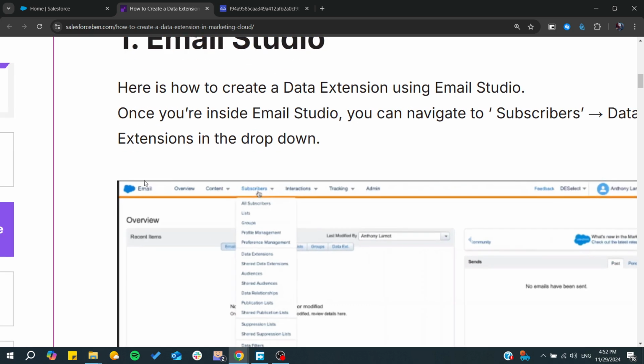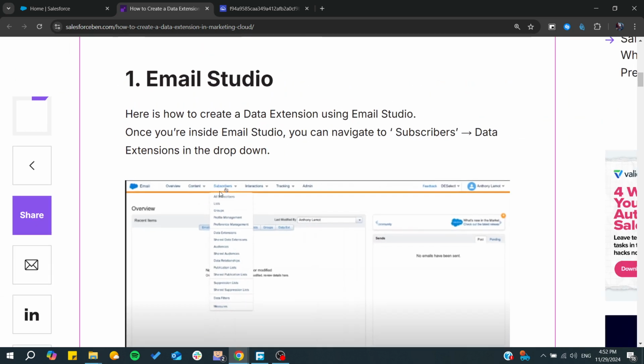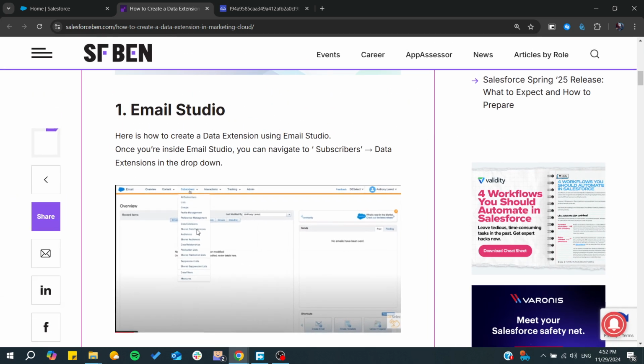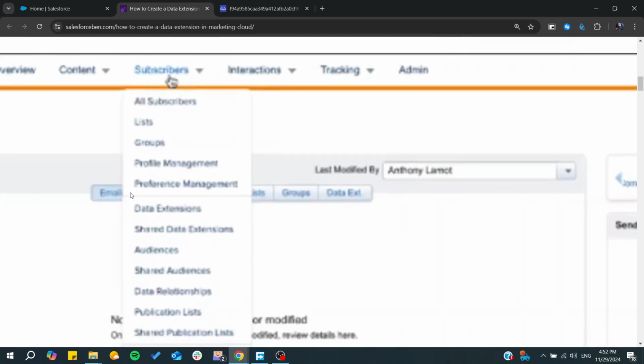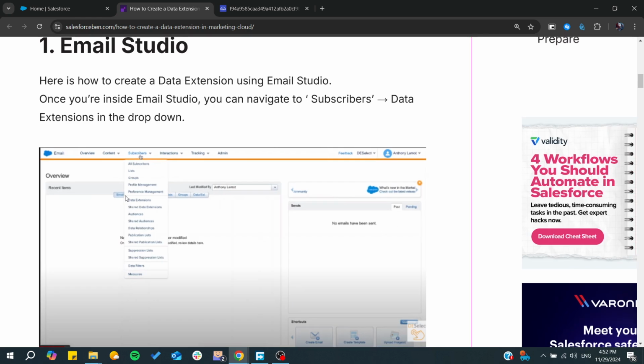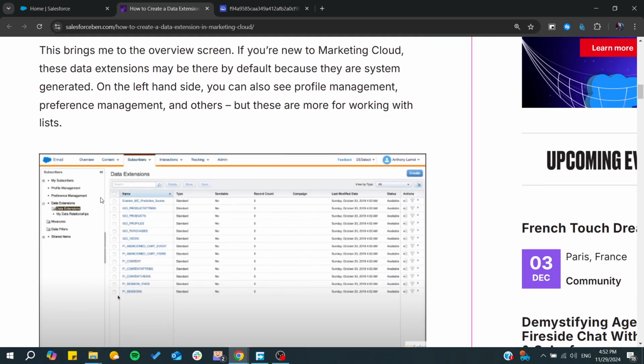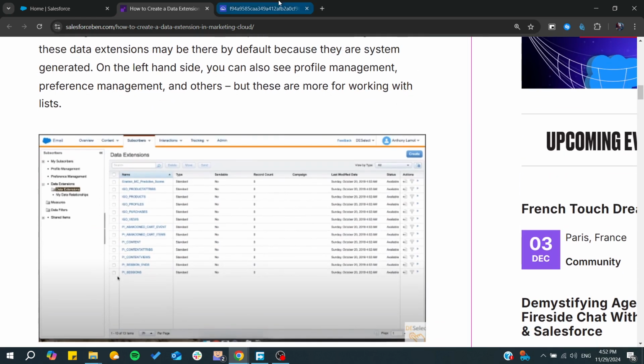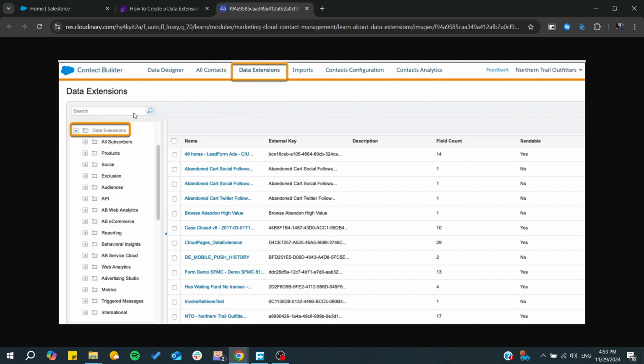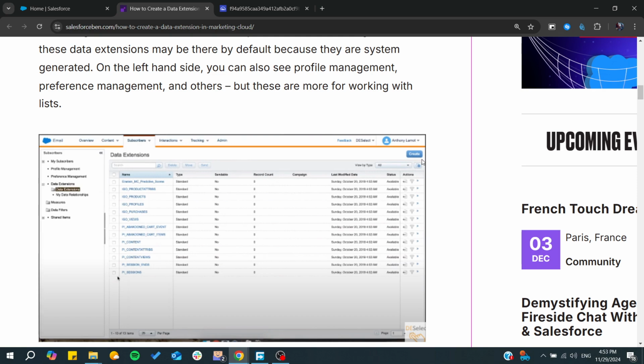So make sure that you are in email, and after that, you will need to go to subscribers, and then you can see the choice of data extension there. After that, we will need to go to the data extension, and you will see the data extension as follows. Make sure that you are in the data extension, and then you will need to go and click